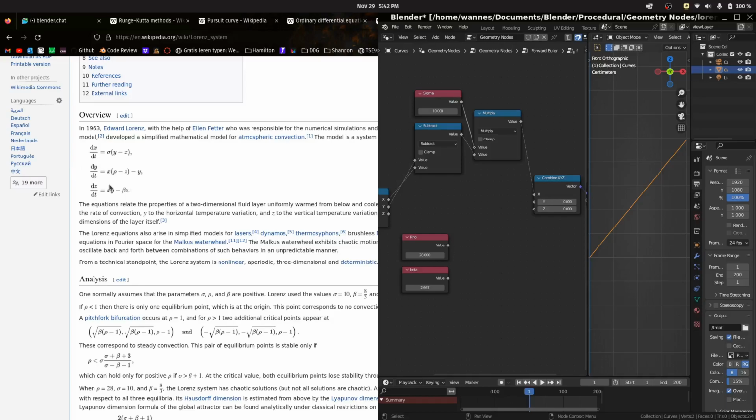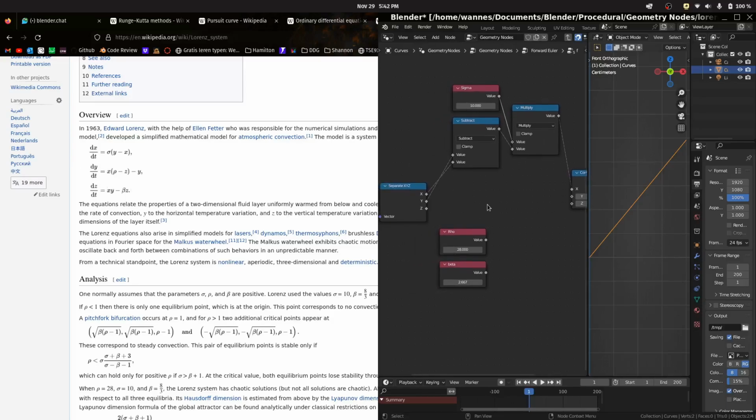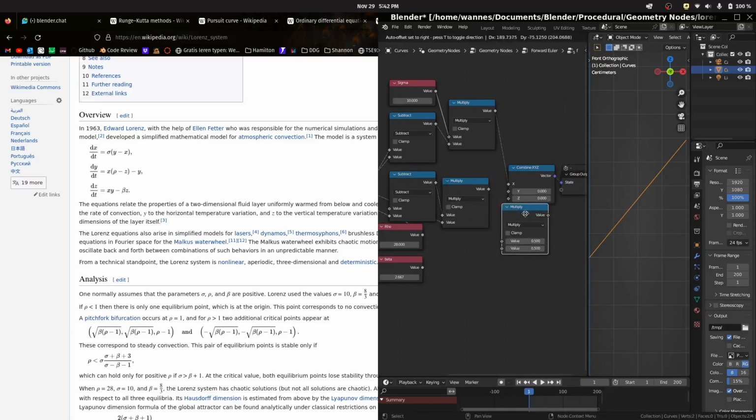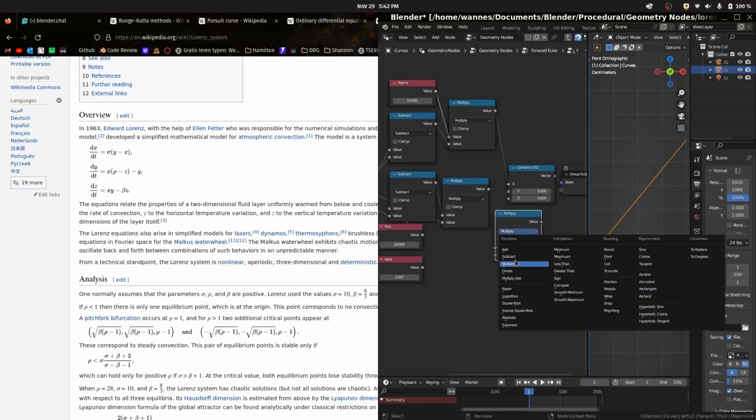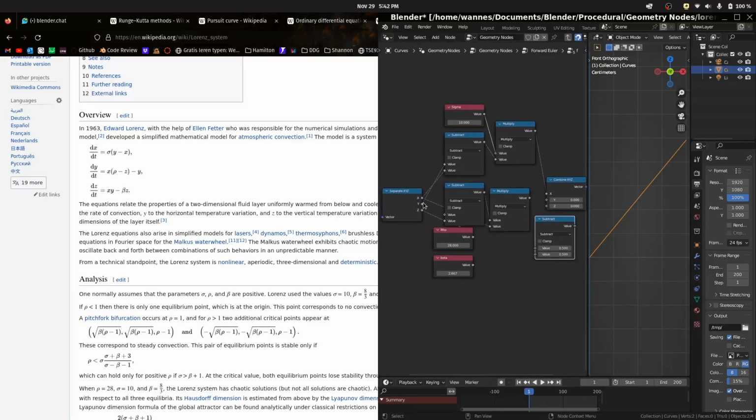Now, secondly, the y value is x times rho minus z. So let's do rho minus z. So subtract z. So we have rho minus z. We multiply the result with x. And then we subtract y. Okay,